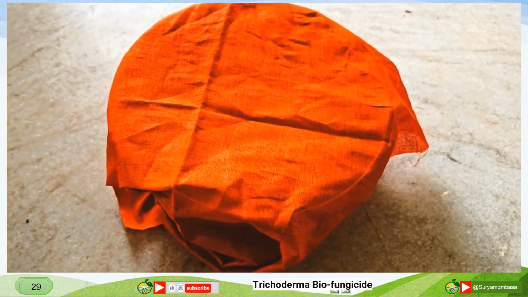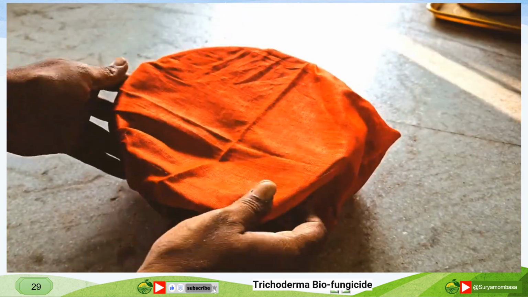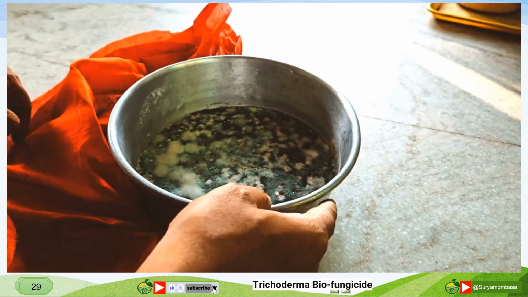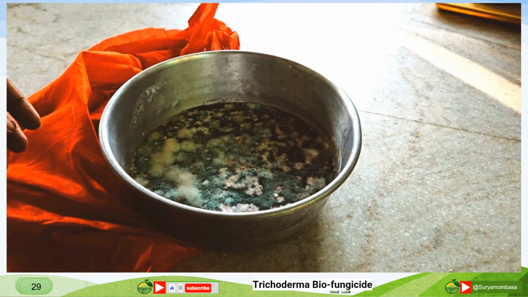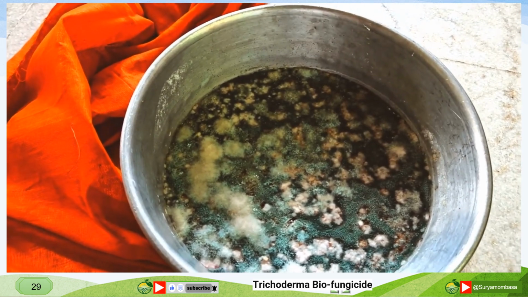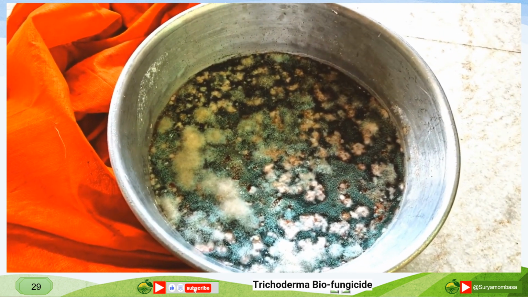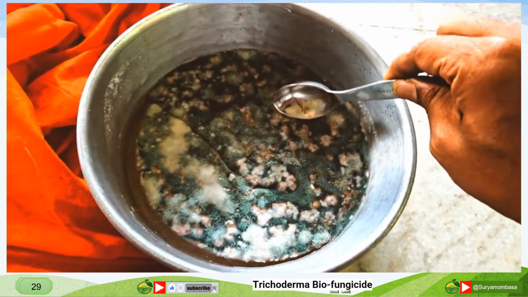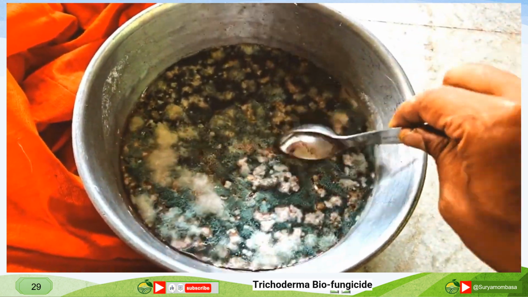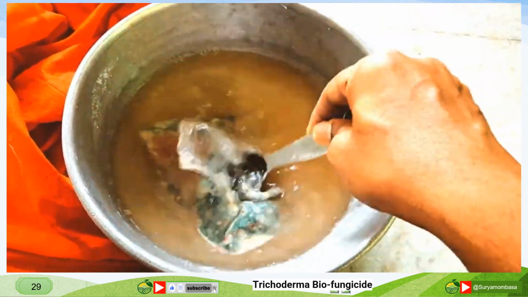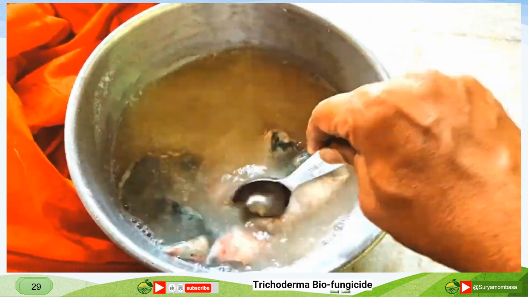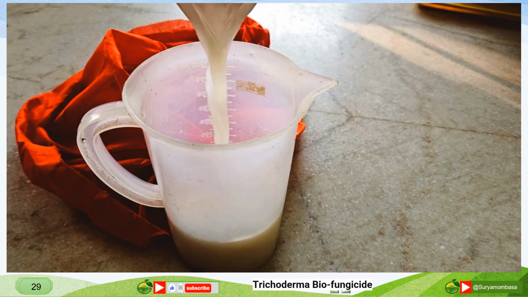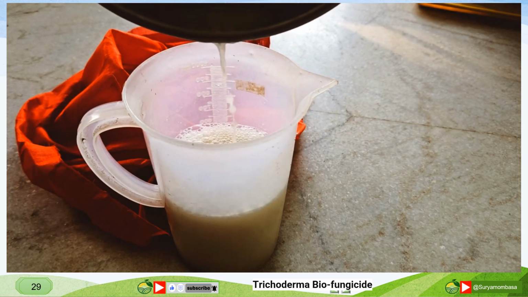Don't wait beyond that. After 4 days, you can see this impressive growth of fungi on the surface. This upper layer predominantly comprises a substantial population of trichoderma fungi, although a few other fungi may also grow as a byproduct, but this is not a concern at all, as the trichoderma dominates the population. Thoroughly blend this fungal layer with the solution to ensure most of the trichoderma is mixed in. Next, strain the solution, which now contains millions of beneficial trichoderma fungi.